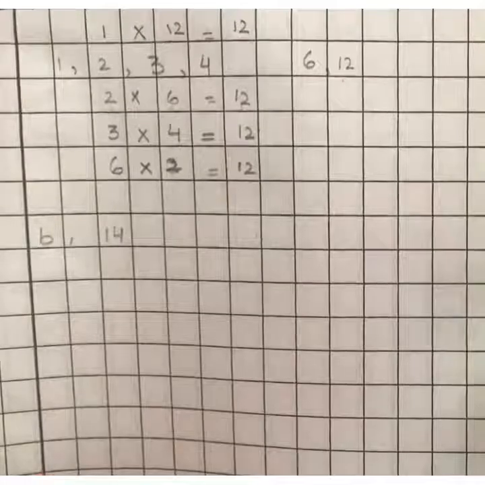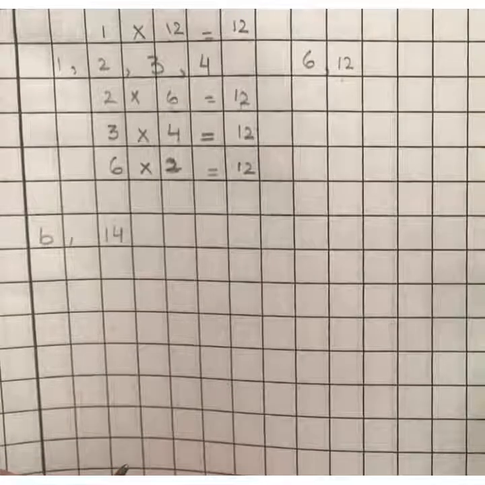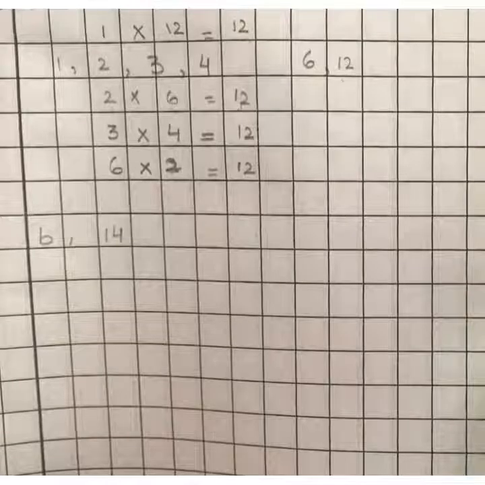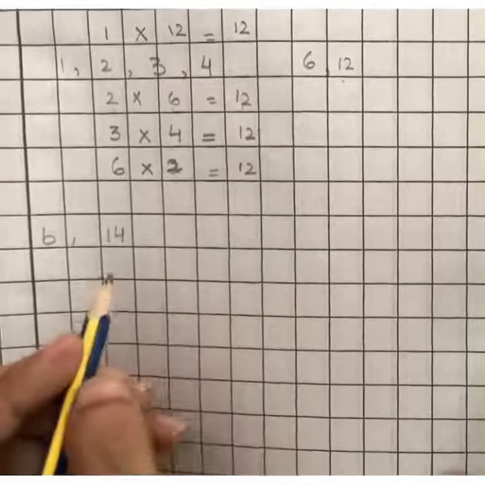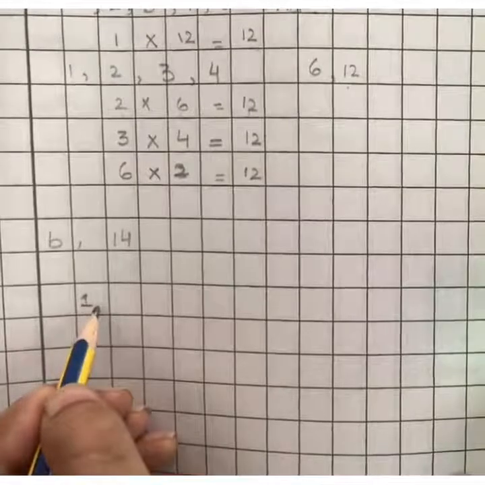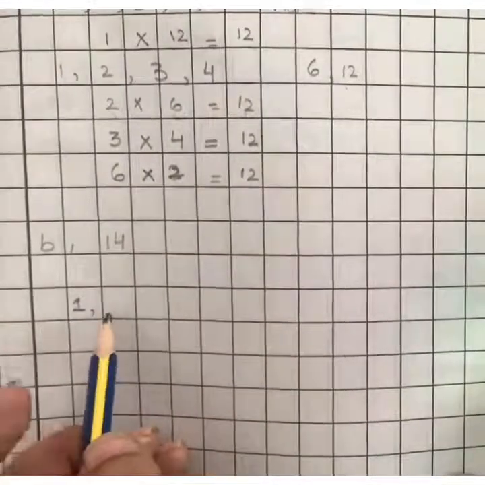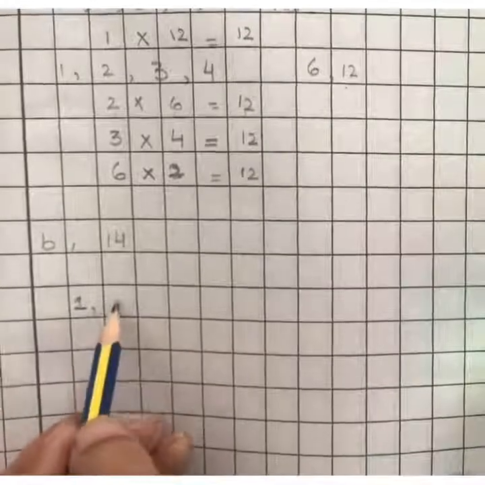For finding the factors of 14, it is very easy. I give you a quick tip. You do not need to go for the long method. You will just simply check in which tables 14 comes. So that will be a factor of 14. Like 1 is the table in which all the numbers come. So 1 can divide 14. After that, in the table of 2, 7 twos are 14.